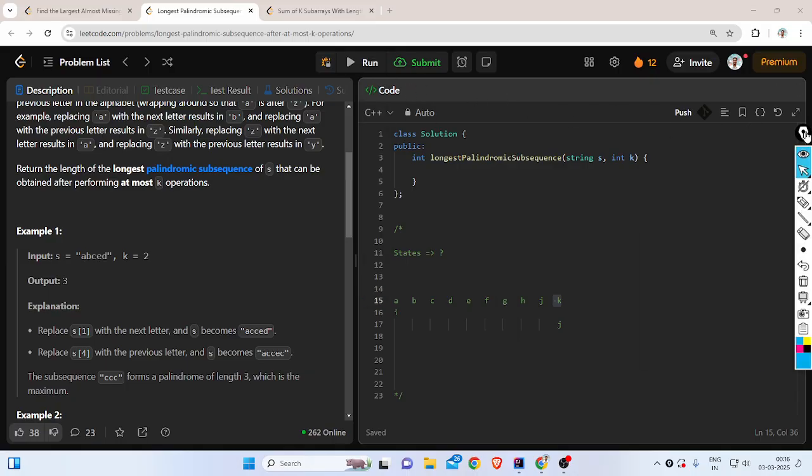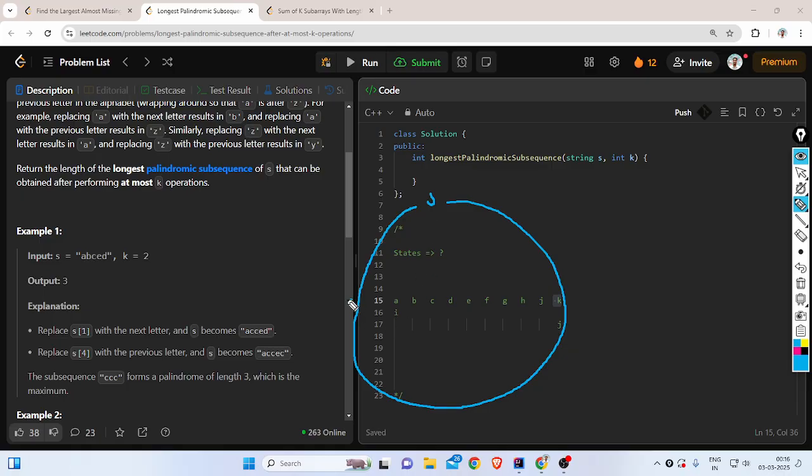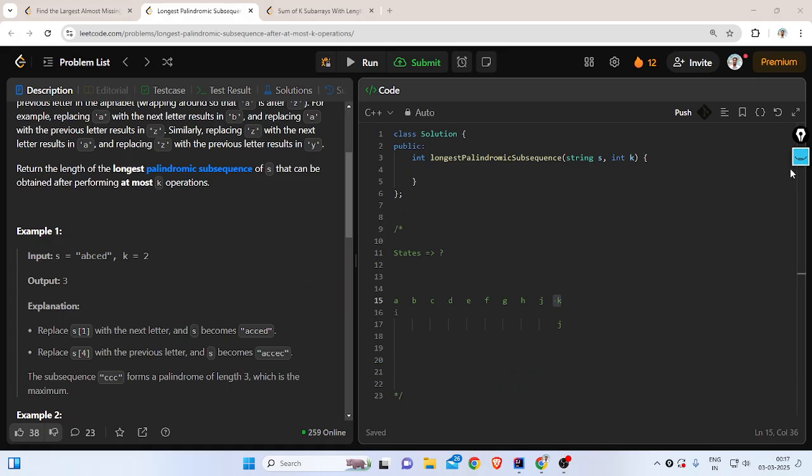So basically, if we have an alphabet here, this is a cycle, right? And this is another alphabet. Suppose this is A and this is K, right? So we should take this, and we should avoid taking this. That is straightforward. What we can do is have something like s of i minus s of j,